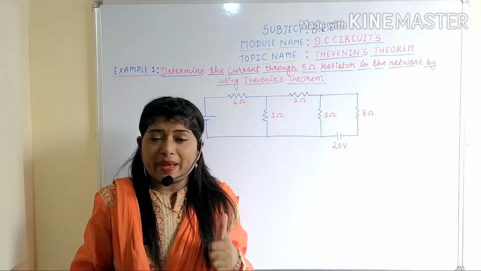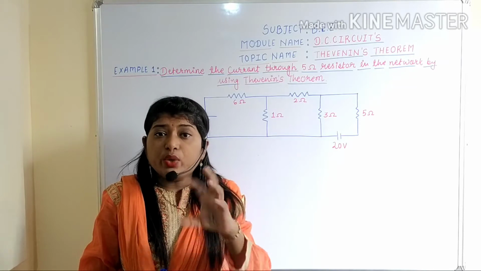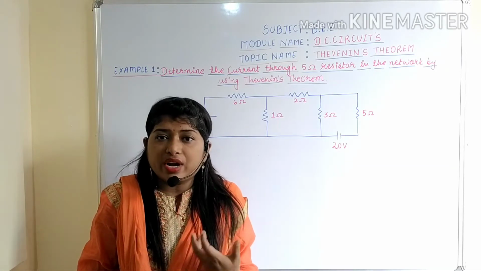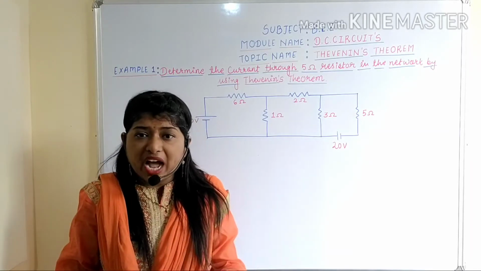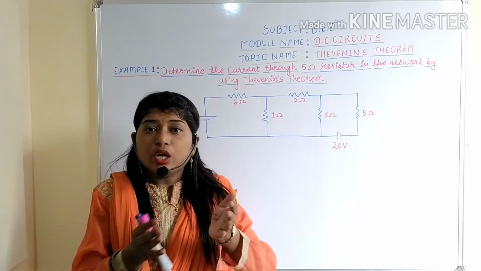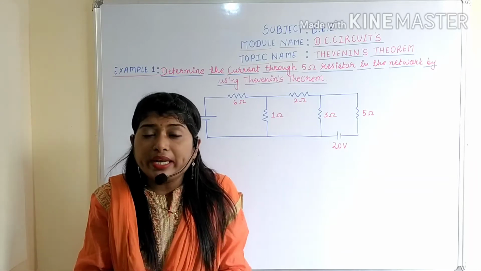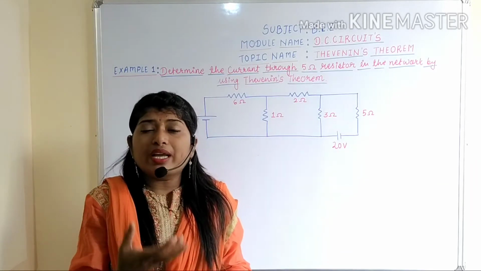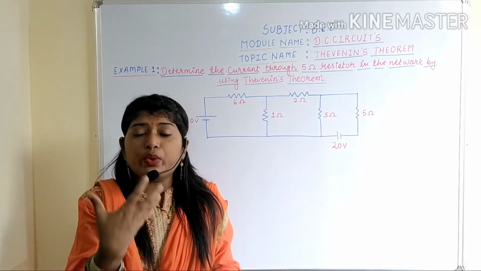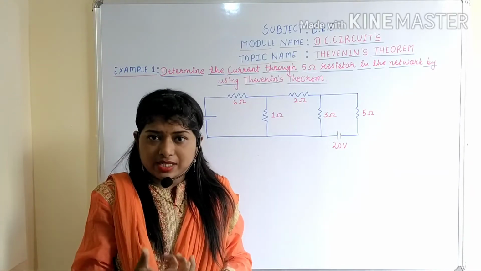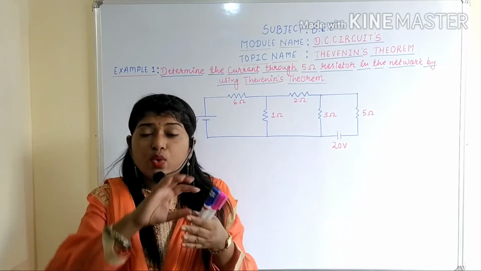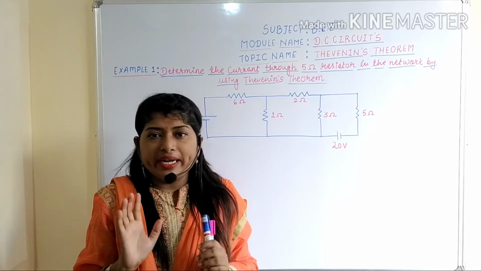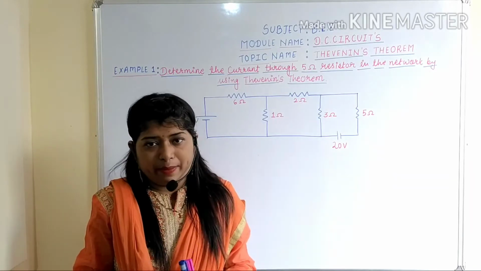As per step number 1, you need to identify the branch resistance, or we can say load resistance. What is basically the branch resistance or load resistor? It is the resistor through which you need to calculate the current. Am I right? So step number 1 is to identify the load resistor or branch resistor, and replace that particular load resistor by an open terminal or open circuit.